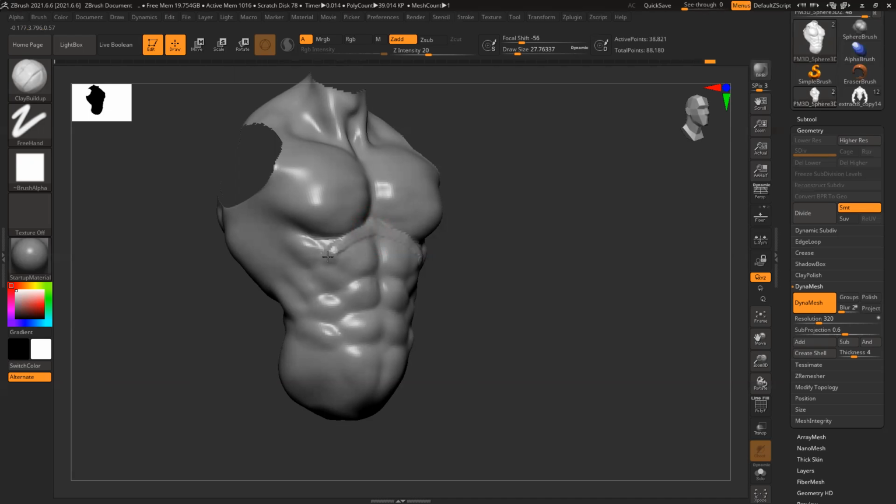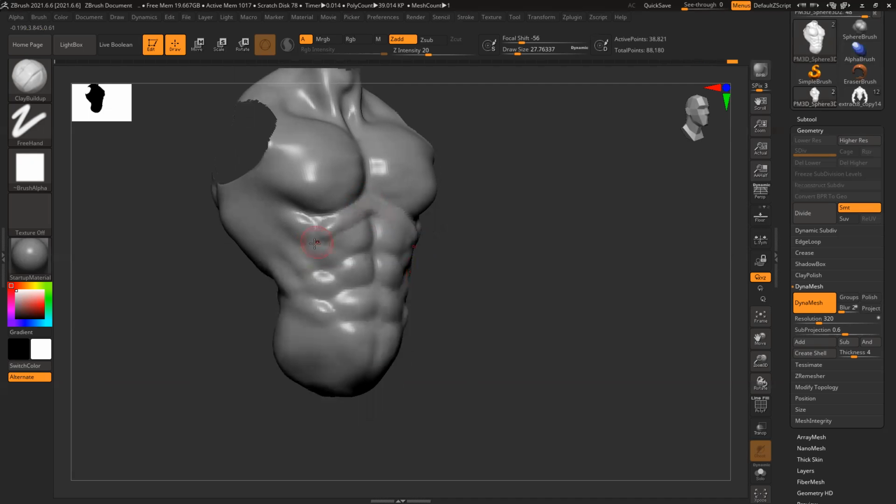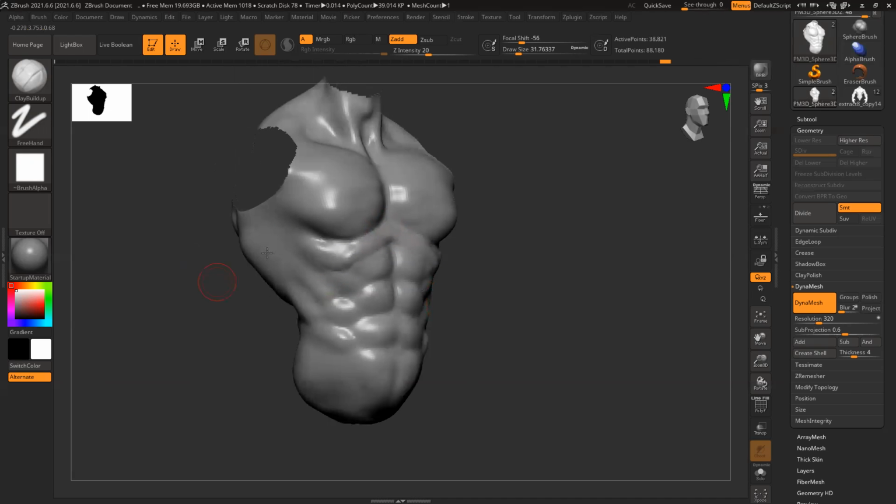So I'll make it a little prominent and strong. Side muscles, your wings, we usually call it wings.